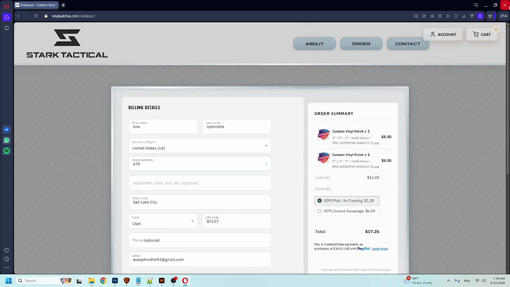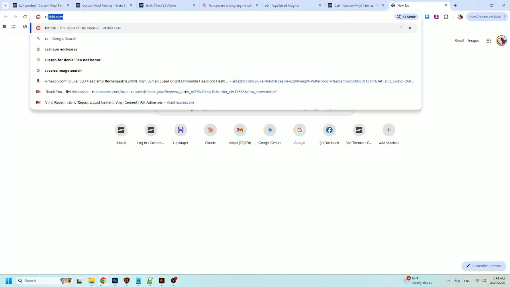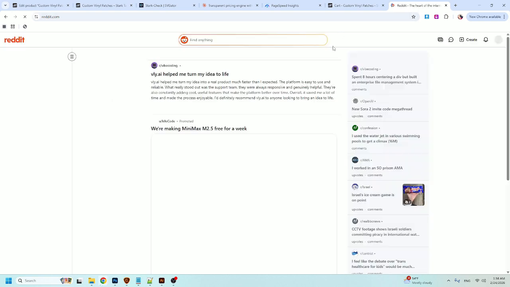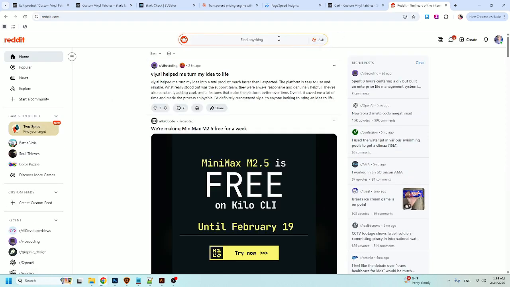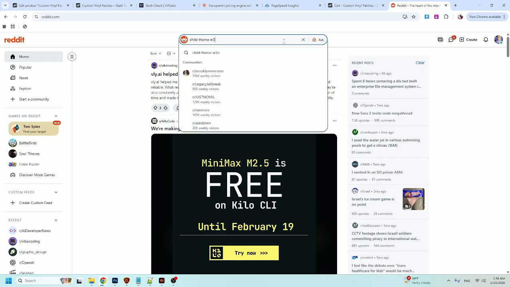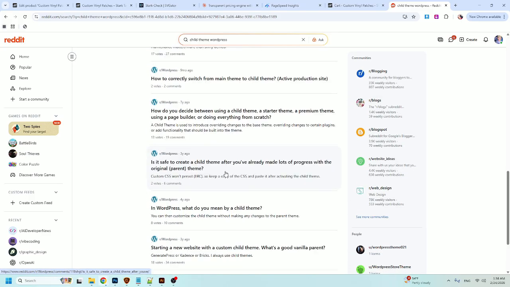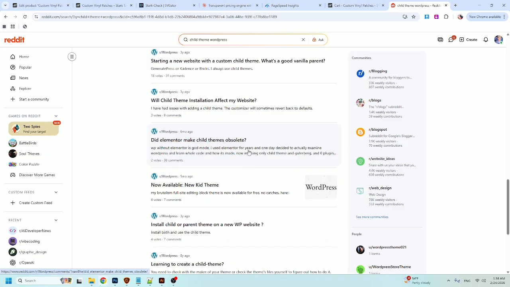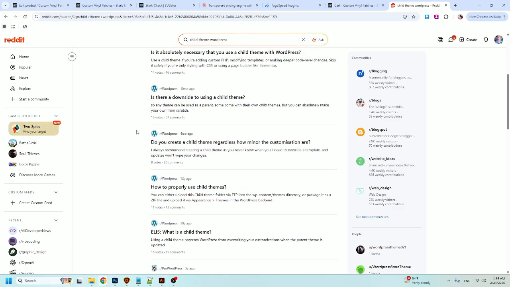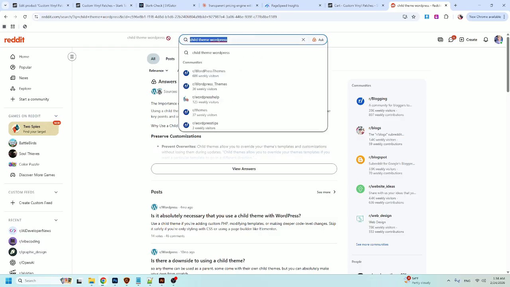That's another nice thing about AI: you can learn. Say you want to research what a child theme is. So you say, AI is recommending I build a child theme, let me find out what that is. So you can search child theme WordPress. And now you can read all of these posts about what a child theme is that will explain things better than I've explained them tonight. And one of the main things that I see on here is WordPress